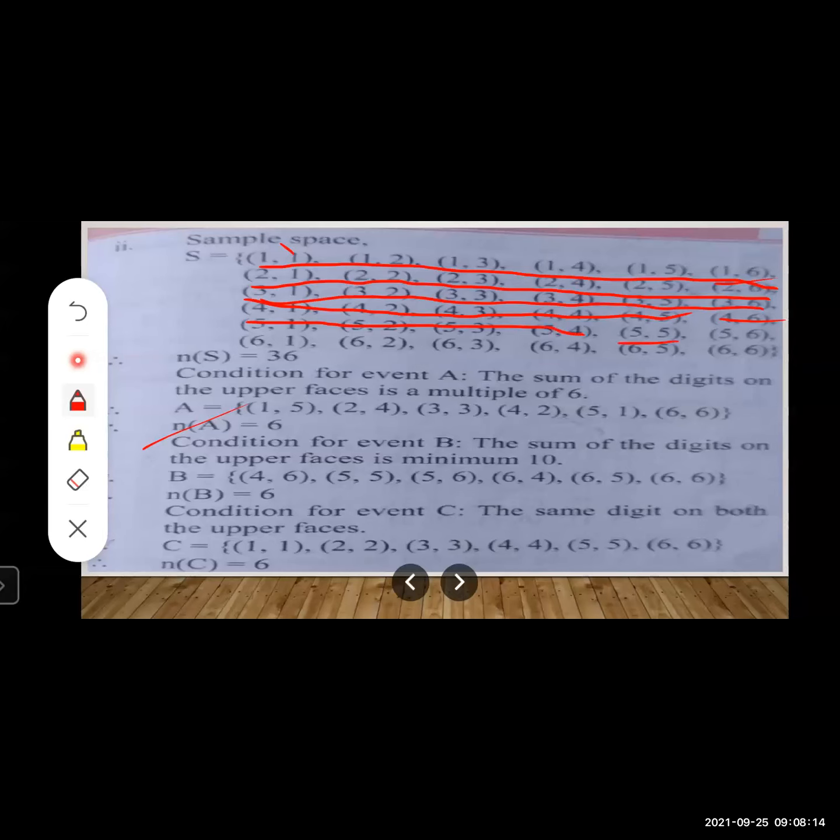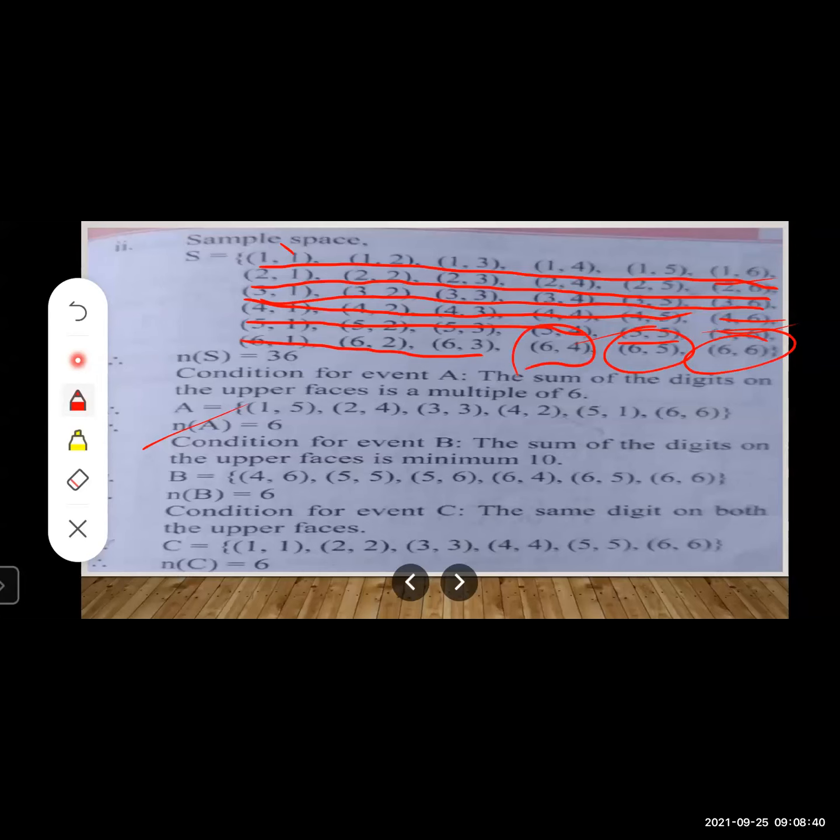Directly see this: 5 plus 5 is 10, 5 plus 6 is 11. Okay, so you can take this. Now here also, what sum is lesser than 10? So you can't take. Again, if you see this, 6 plus 4 is 10, 6 plus 5 is 11, 6 plus 6 is 12. So you can take this as our favorable outcome, because if you add these digits together, this